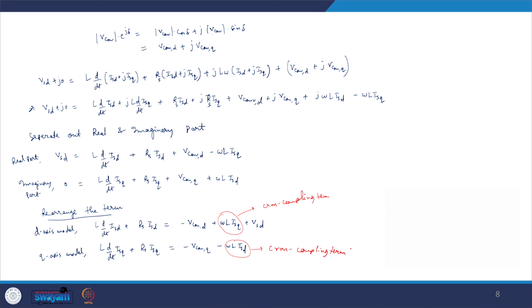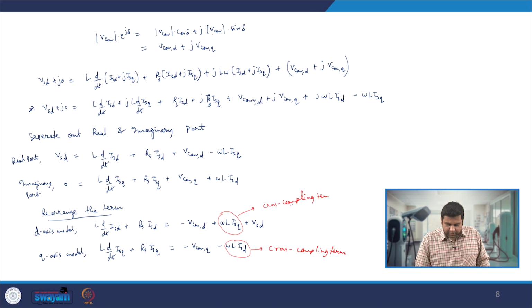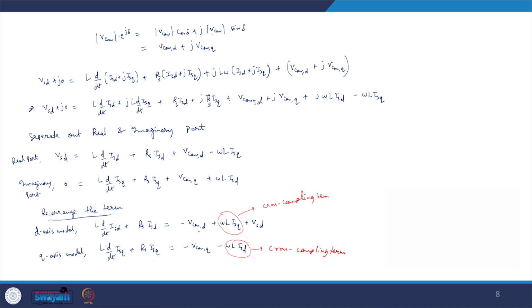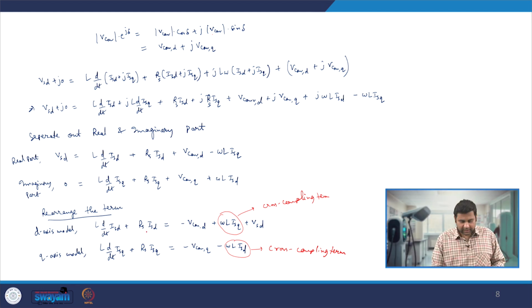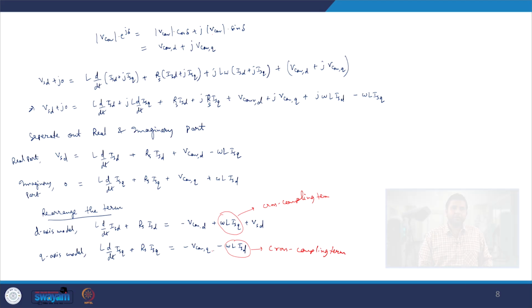So whenever we are making the closed loop control, we must ensure that this cross coupling term is properly managed. We will discuss that when we discuss the closed loop control. But what you see is that we have derived the two axis model where we are applying two voltages. In the D axis we have the converter D voltage and the supply voltage VSD along the L and RS, along the inductor and resistance, while in the Q axis we are applying the Q component of V converter and the Q component of Vs space vector is 0.